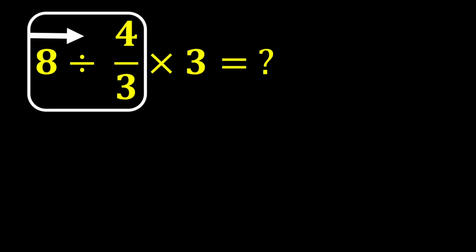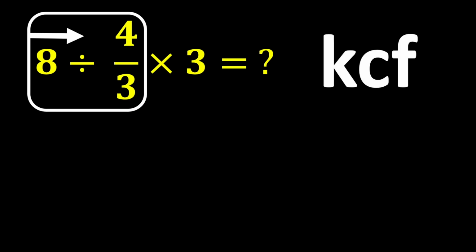8 divided by 4 over 3. To solve this part of the question, we use the KCF rule. This rule is a simple method for dividing fractions. K stands for keep, C stands for change, and F stands for flip. According to this rule, we keep the first fraction as it is, change division to multiplication, and flip the second fraction. Now, according to this rule, we keep 8 as it is, change division to multiplication, and flip 4 over